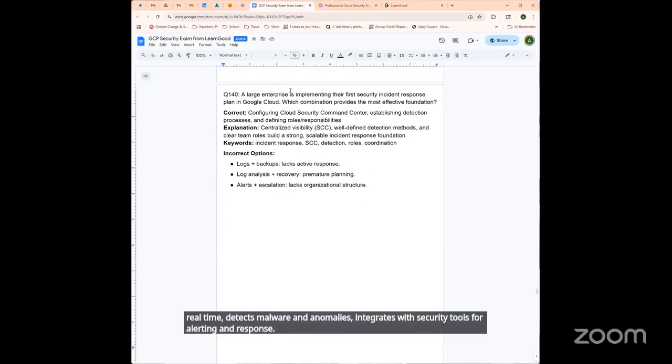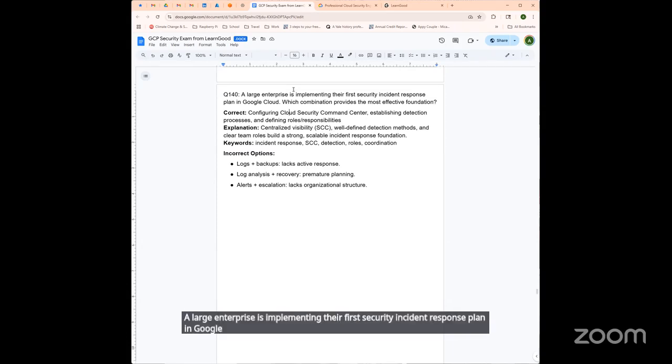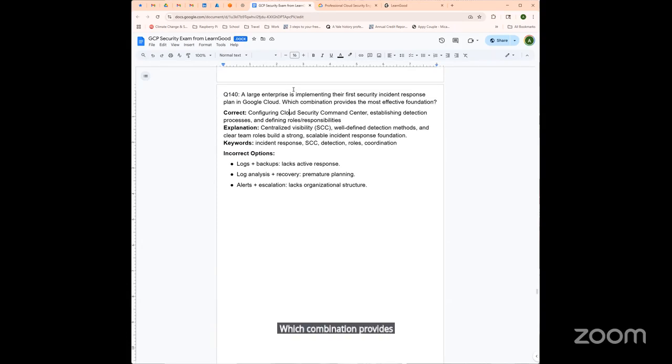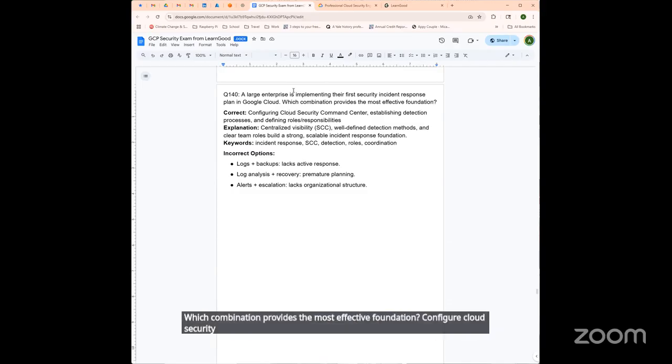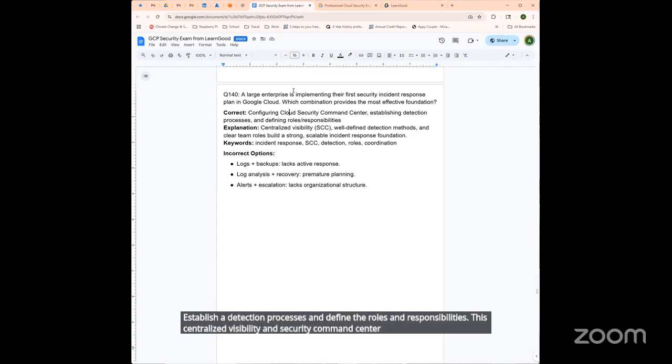A large enterprise is implementing their first security incident response plan in Google Cloud. Which combination provides the most effective foundation? Configure Cloud Security Command Center. Establish detection processes and define the roles and responsibilities. This centralized visibility with well-defined detection methods and clear team roles helps to build a strong,